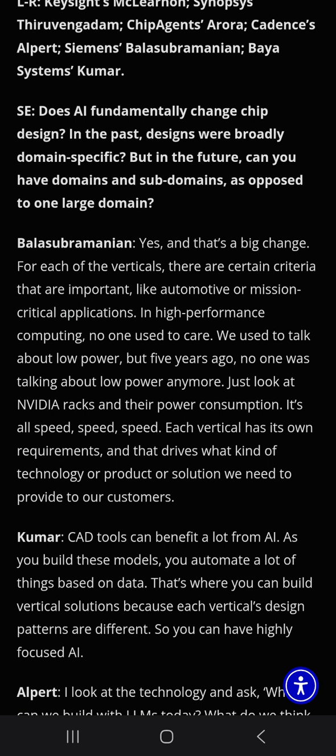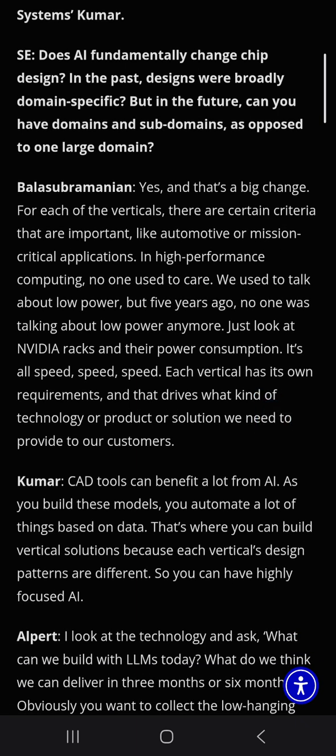We used to talk about low power, but now no one is talking about low power anymore. Just look at NVIDIA's racks and their power consumption. It's all speed. Each vertical has its own requirements,